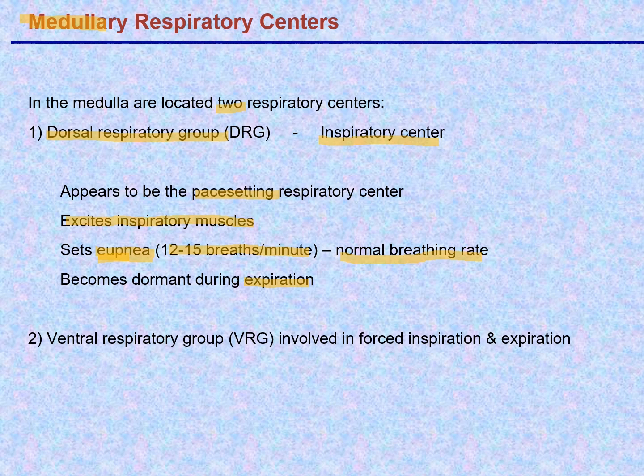The other medullary respiratory center is called the VRG, or ventral respiratory group, and it's involved in forced inspiration and expiration. So you have eupnea, controlled by the DRG, and forced inspiration and expiration controlled by the VRG, both